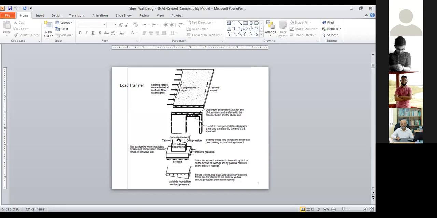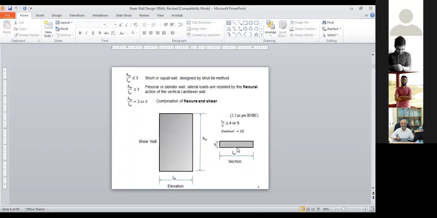It is your shear wall, and it comes to the shear wall. And from the shear wall, it goes to the foundation. So this is the way you transfer the loads, horizontal loads, from the diaphragm to the shear wall, and finally to the foundation. This is very simple. I think you can easily understand that, but here is some